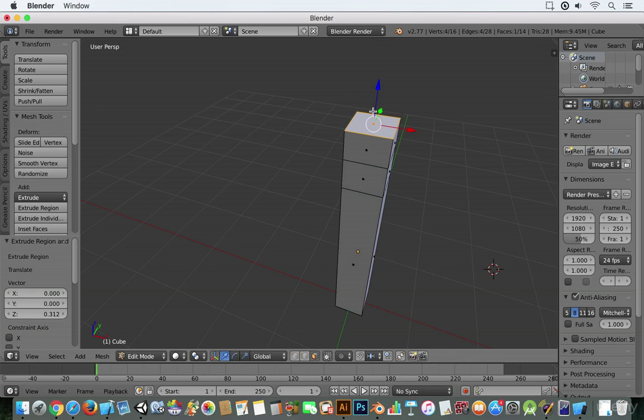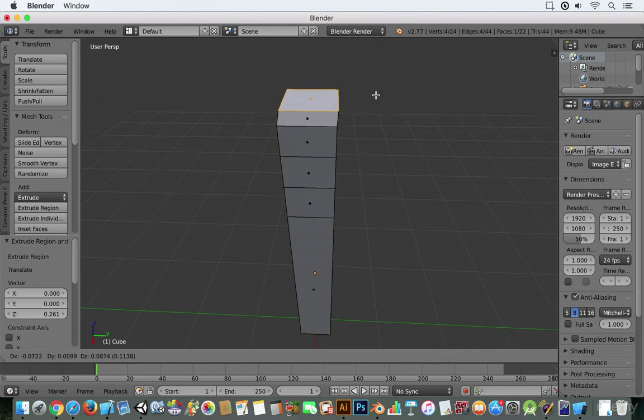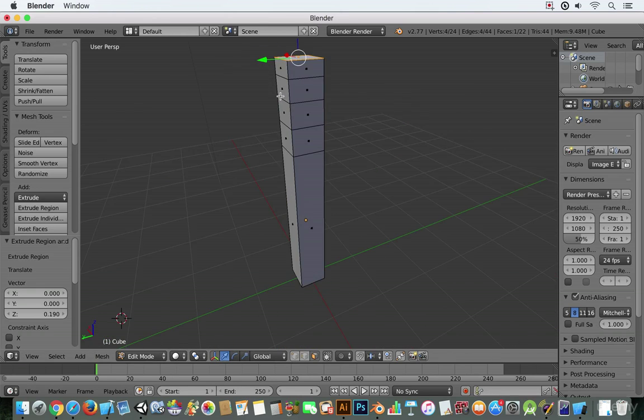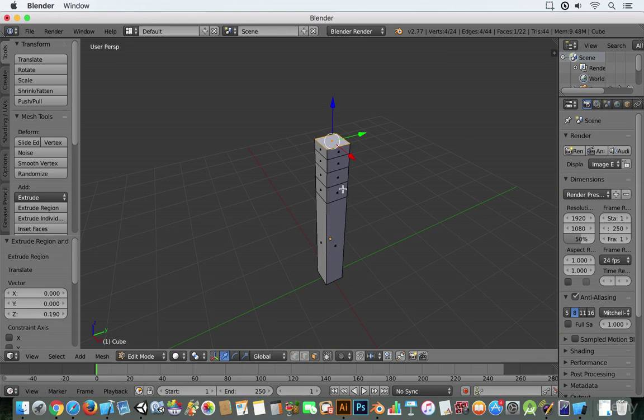2, extrude, Z, extrude one more. Make sure you push the Z here. Yeah, that's probably good. So each one of these segments here, we're going to make our own kind of little